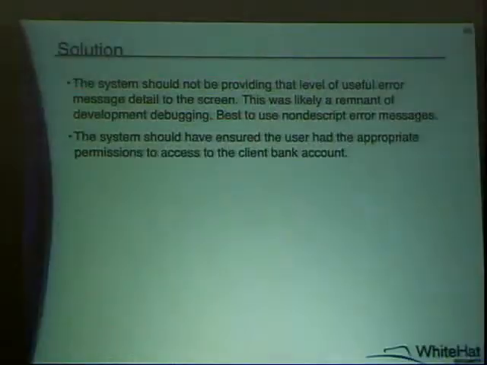Any other questions? Okay. So solutions here, again, are pretty straightforward. Make sure you don't put useful error messages for the bad guy on the output. Definitely scrub those. They're great for QA and debug purposes, but you definitely want to scrub them before you push to production. And you definitely want to make sure that the user is authorized to do the action before you allow them. Another common, I won't say common, but it happens from time to time